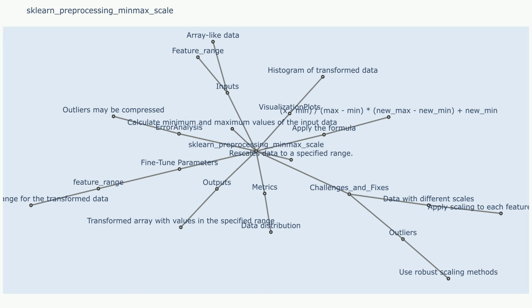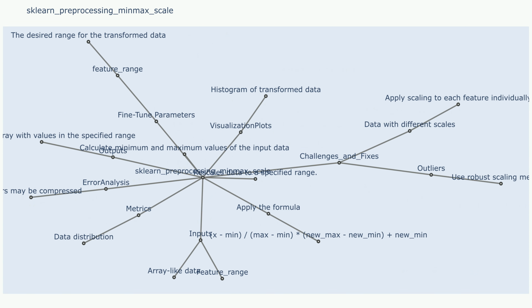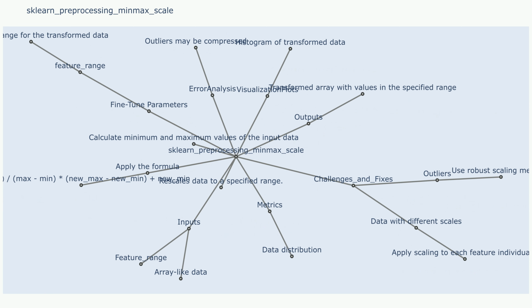sklearn.preprocessing.MinMaxScaler. Description. The min-max scaler in scikit-learn is a preprocessing technique used to transform numerical features in a dataset to a specified range, typically between 0 and 1. This scaling is particularly beneficial for algorithms that are sensitive to feature scales, such as k-nearest neighbors, support vector machines,